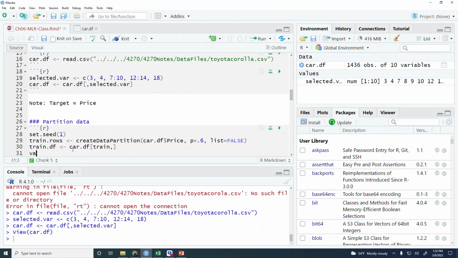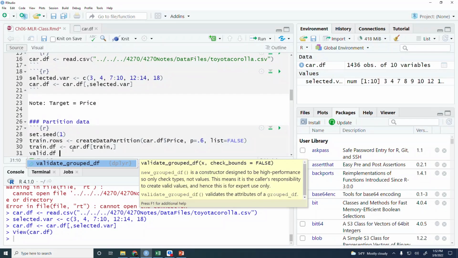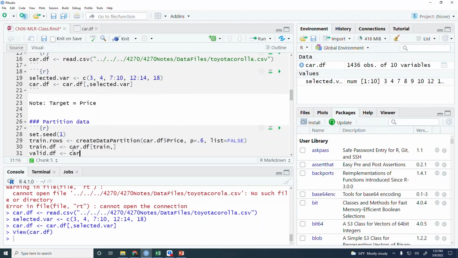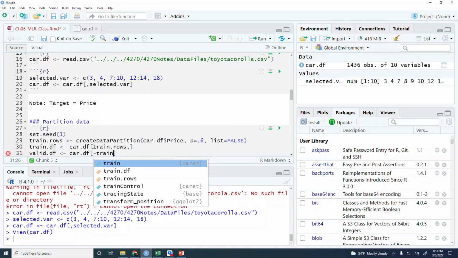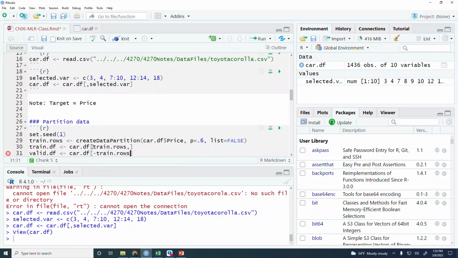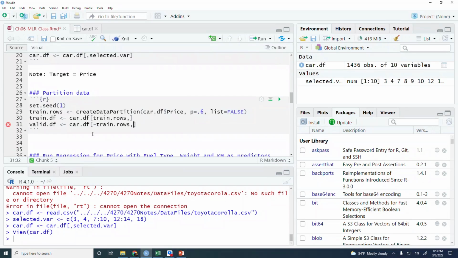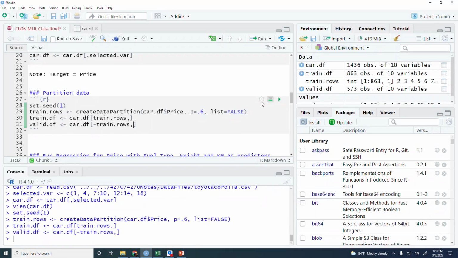And then valid.df will be car.df minus train rows, and a comma. All right. So now we run this, and now we have the train and valid data sets.